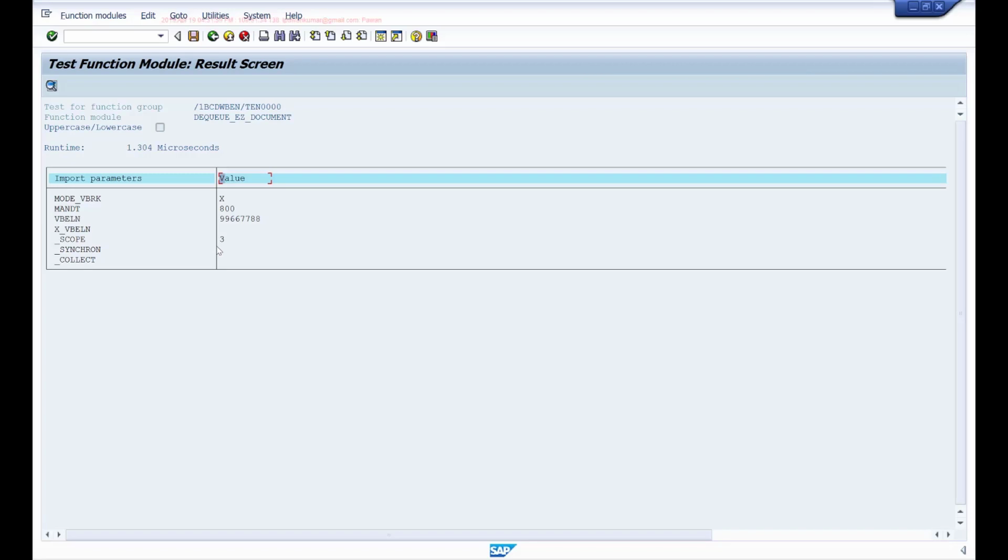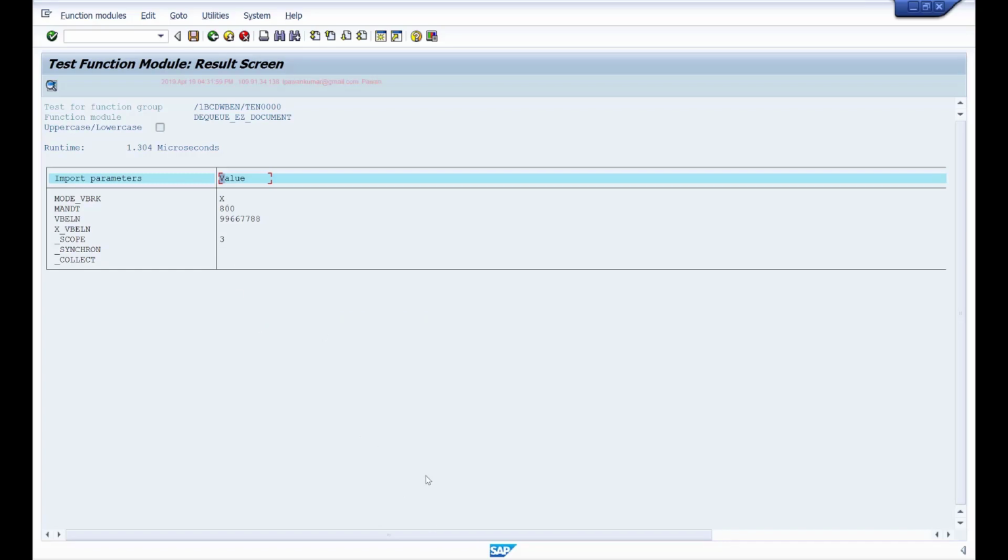If it is established, you throw an error message and stop them from going into change mode. If it is not established, then you allow them to go to the change mode. So this is something you have to manually handle in your program. The lock object will only give you these function modules using which you can enqueue and dequeue the locks. So this is your lock object.